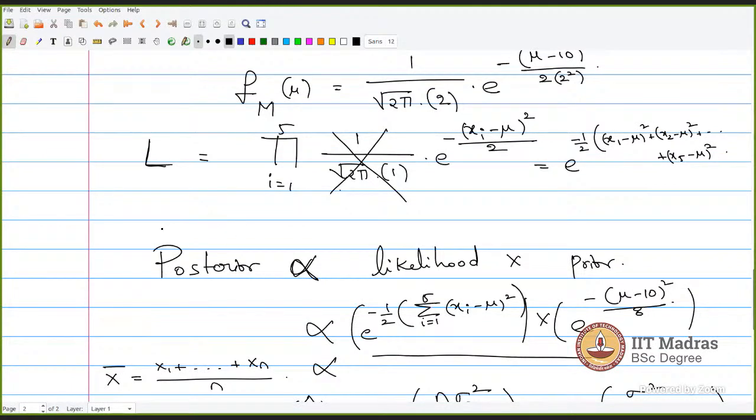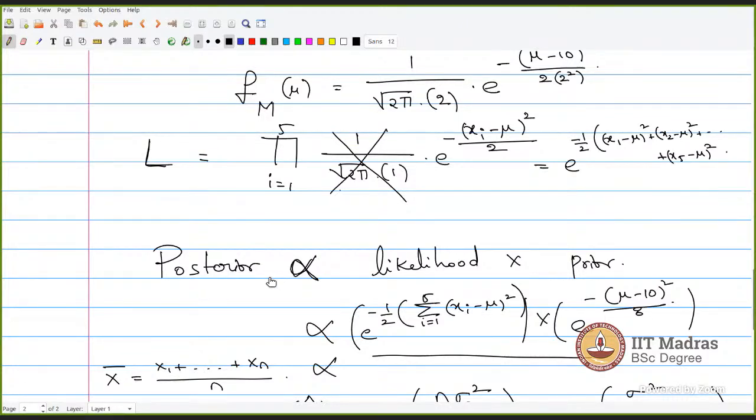Okay, there's one more. About the sixth question, tell me what will be sigma naught. The same thing, right? Now in this, what will be the sigma naught? Sigma naught is 1. What is mu naught? Mu naught is 2. And what is sigma? Sigma is root of 2. Yeah, good.